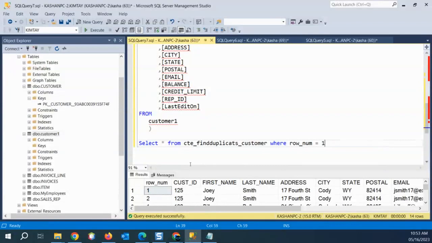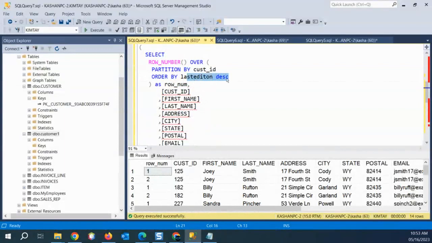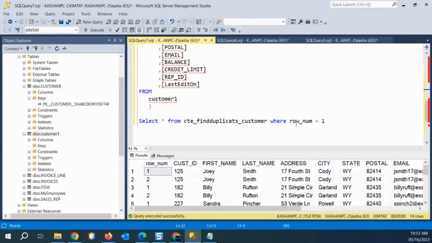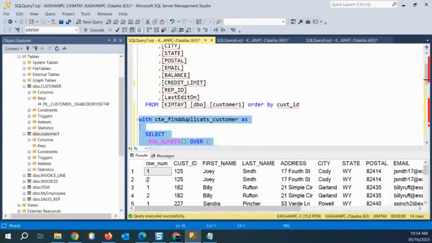So at row number 1, because of the descending nature of this, the latest record will get the number 1 all the time. If I run this query, it will filter out and not show me the number 2,